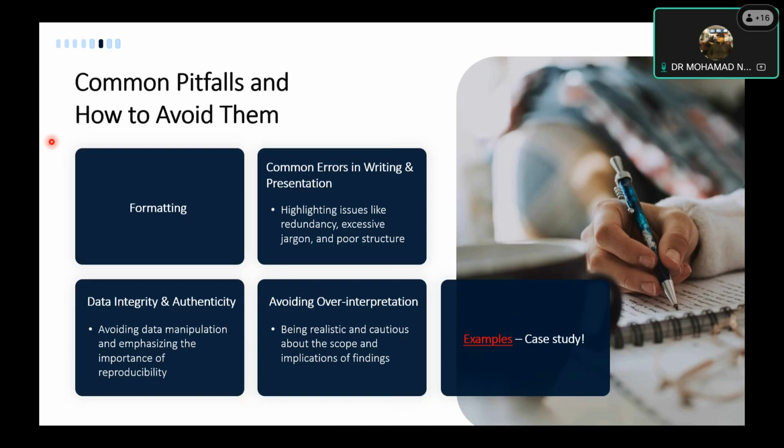Okay. So formatting is very simple. Download the respective journal as an example and follow it. Sometimes the journal is very particular. For example, for the English that you want to use, do you want to use UK or US? So please don't mix these two. So please do it